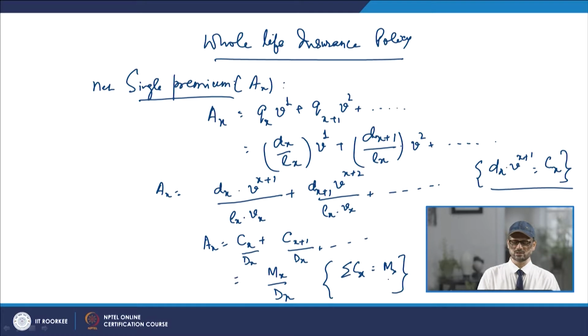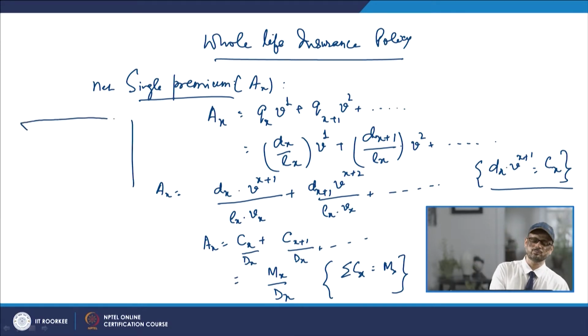So in that case, the net single premium which should be paid for that value will be Mx upon Dx, taking that $1 as the value. Now if you are calculating for a certain face value of the policy,